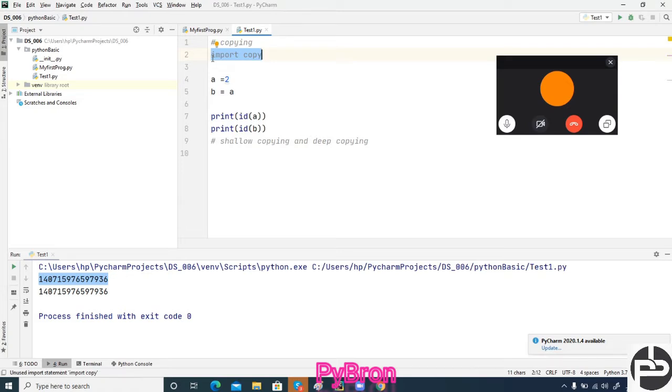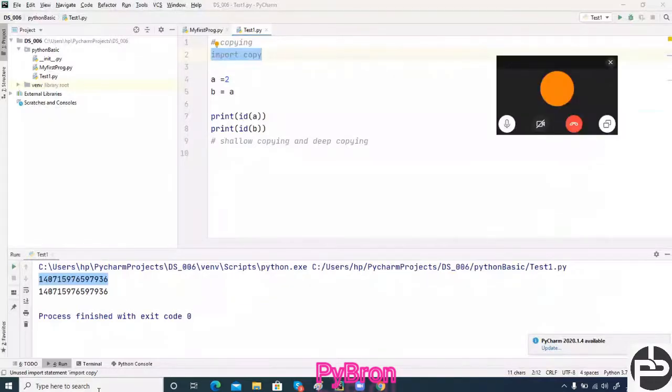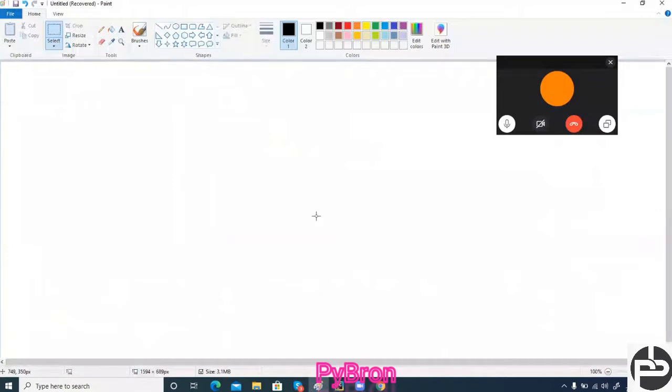I'll tell you again about the import statement. Import is a keyword in Python. I'll tell you one story here. Let me open Paint. Okay, I guess it opened already. Suppose you went to your friend's home, into your friend's room, and you saw one beautiful pair of shoes over there. Will you bring those shoes directly? No, you cannot bring those shoes.